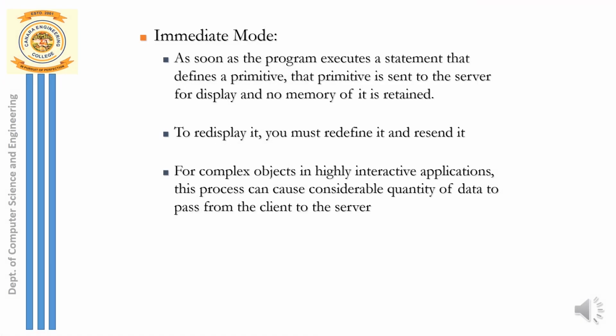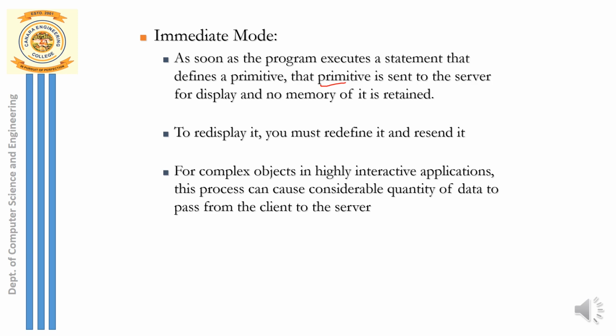The first one is immediate mode. So what is this immediate mode? You can just see here. In immediate mode, the primitive, in the sense the graphics. So suppose I want to display a line. If I have to display a line, I have to send the endpoints and the corresponding color of the line to be displayed. So all these are the contents that I have to send to the final screen,